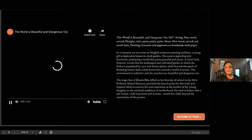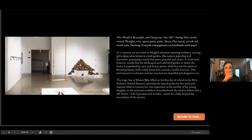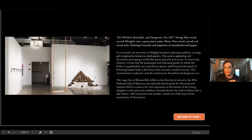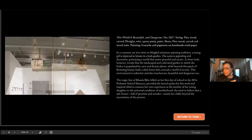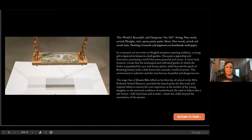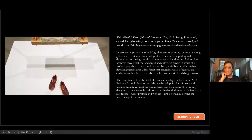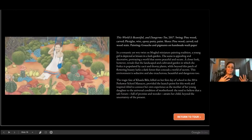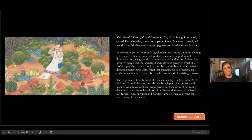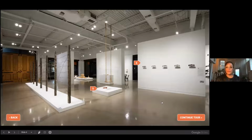The World is Beautiful and Dangerous Too, taking you through it just to show one of the ways Humaira focuses on motherhood. This is also a work that describes her connection to the situation, and it depicts her daughter in a lush background of cacti. So there is beauty, but also danger, and feelings of safety, but also feelings of risk. The depiction of her daughter in this work relates to another work in the exhibition,